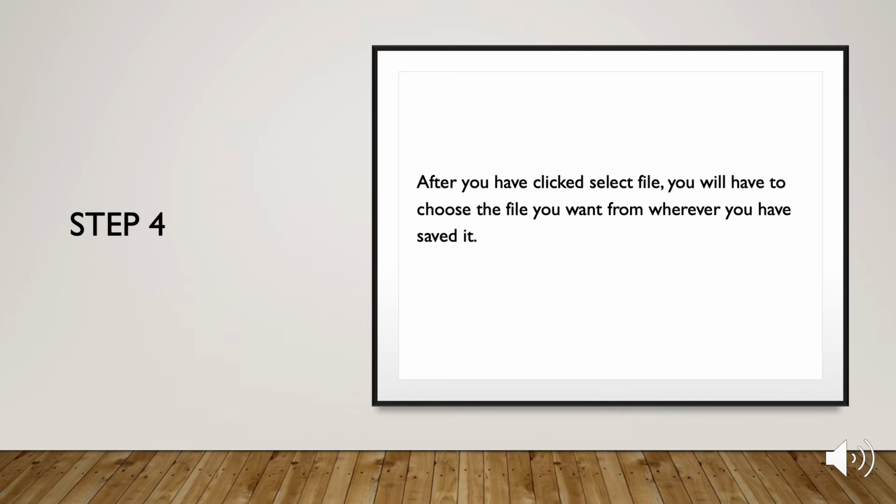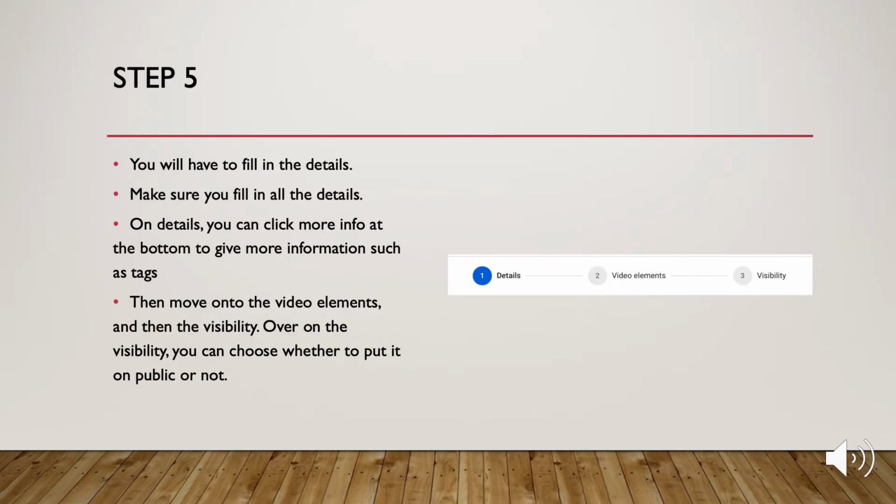Step 4. After you have clicked select files, you will be taken to the files page. Over here, you have to choose the file that you want to broadcast on YouTube. It will be wherever you've saved it. Step 5. Now you've selected your file you want to broadcast on YouTube, you will have to fill in the